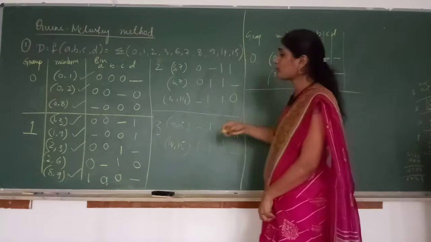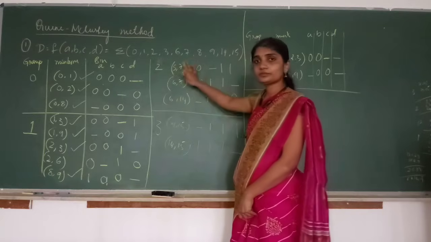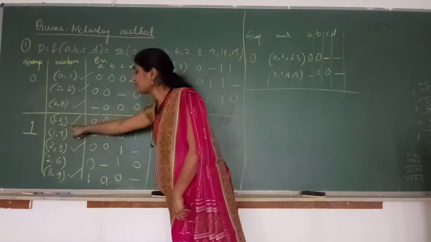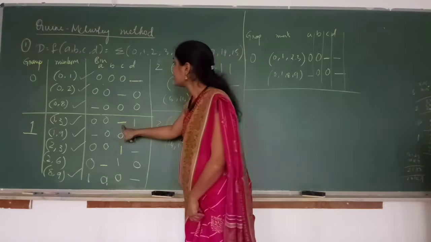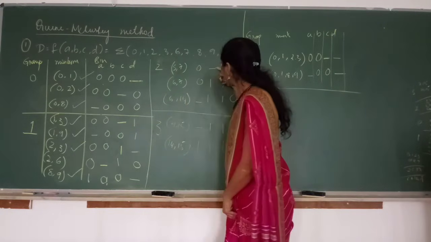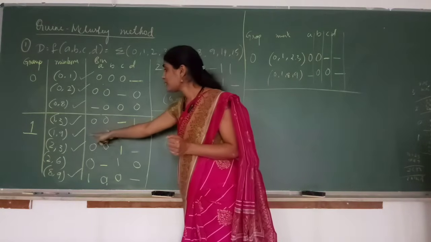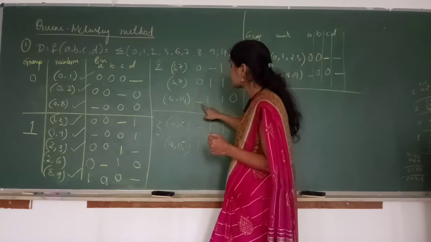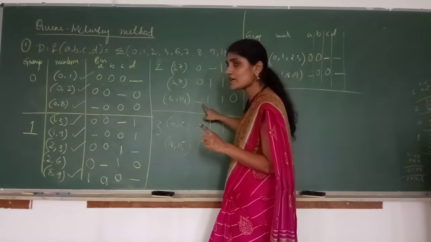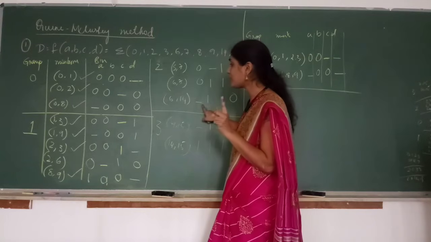What is the second group? Compare all the terms present in group 1 with group 2. Start from 1, 3. Compare 1, 3 with 3, 7, 6, 7, 6, 14. Is dash for C? No. So not possible for 1, 3. 1, 9: dash is for A. Yes. Dash is for A. The first condition is satisfied. Check for the other condition. That means there should be only one variable difference.